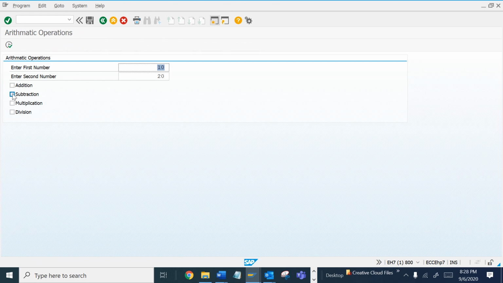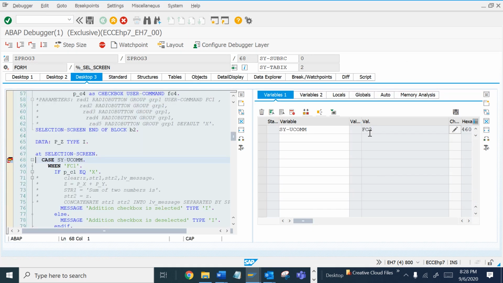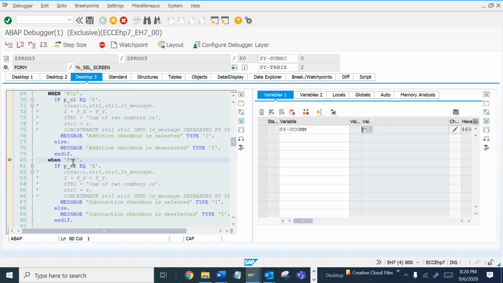Now suppose I want to perform this part, subtraction. Let me check. See, it is now FC2 because we have selected the subtraction part. So this function code is FC2. So it is going to this part, and FC2 is selected, and the other parts would be blank because they are not selected.